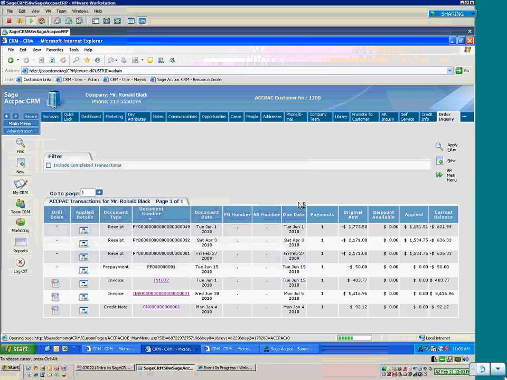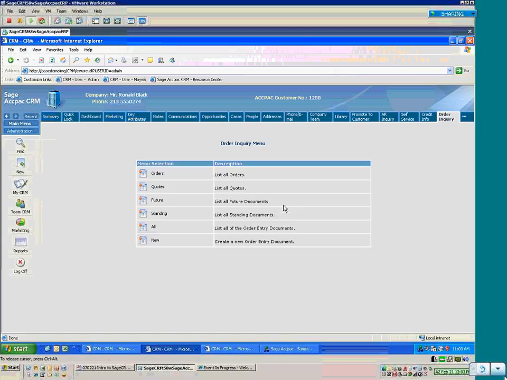I also have integration with order entry. So here's some orders and quotes. Here's some futures standing. You can see some information that I have here. The point of today's webinar is not to go into every single detail in the integration. And so basically we're going to stop here with that. But